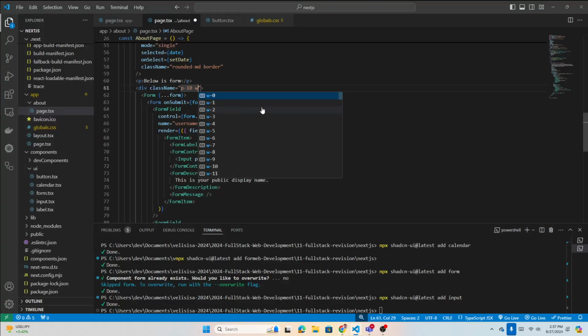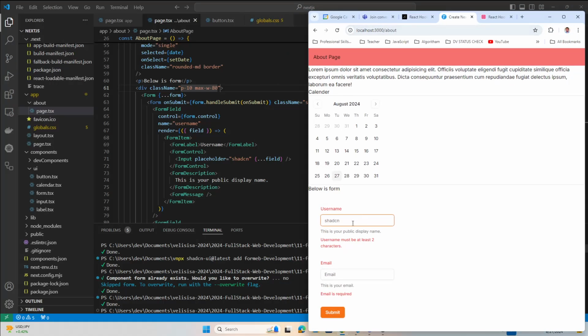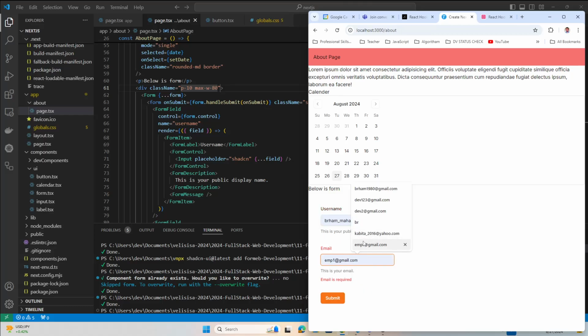and the width, max width, let's make it something like 80, right? Something like that is working. Okay. So if you submit here now, we're going to say name and email. If I put email like this, it will complain, right? So just put a valid one and submit, and